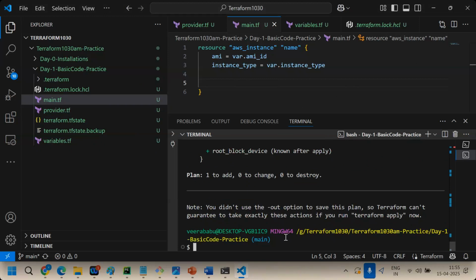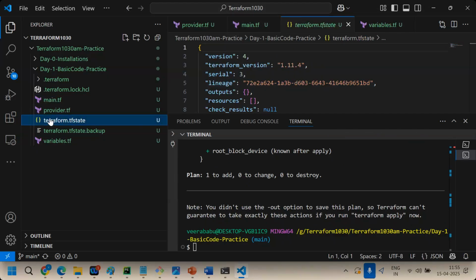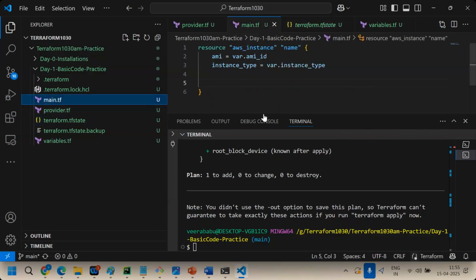Now I'm going to spend two minutes on what a state file is. The state file is a bridge between your configuration file and the cloud, the AWS cloud resources. For example, here it is showing one to add, right?